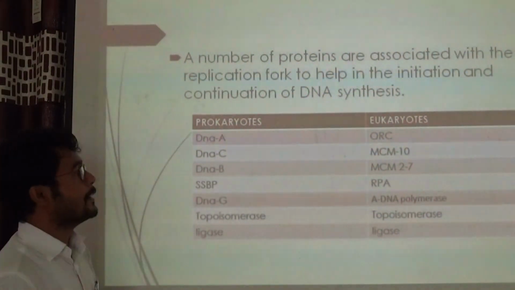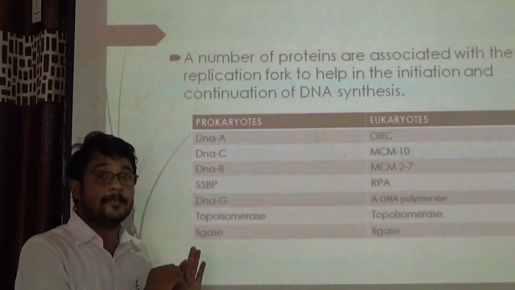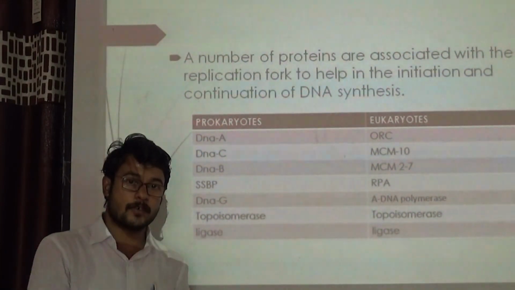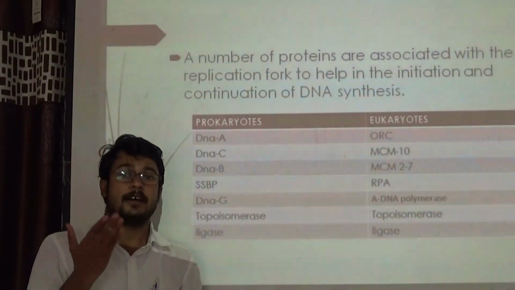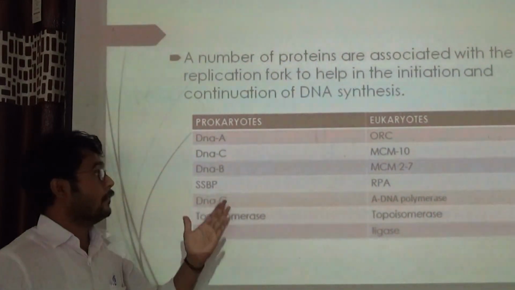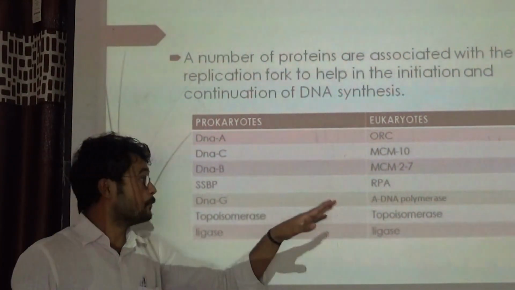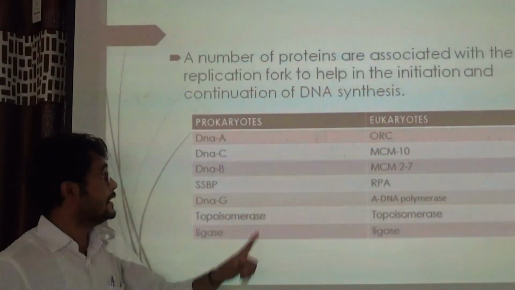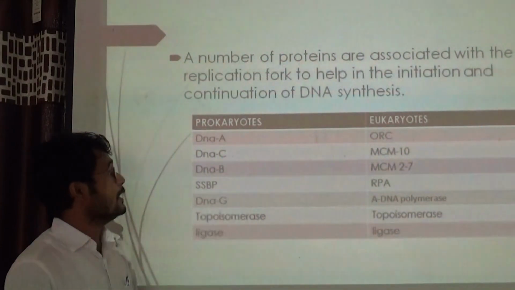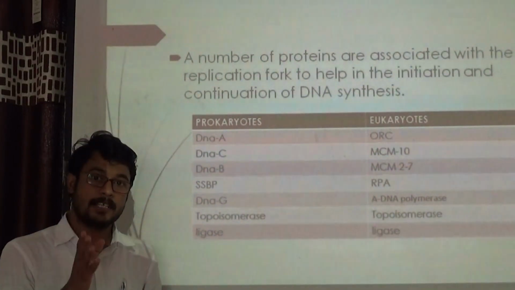The first one, DnaA protein, works in prokaryotes when the DNA is in a fully methylated form. There are 13-mer and 9-mer sequences. In the 13-mer sequence, there are a lot of double bonds, so there is melting of the DNA. When melting of DNA occurs, then DnaA protein works. We can call DnaA protein a helicase loader. What work does a helicase loader do? It loads the helicase on the DNA double strand.